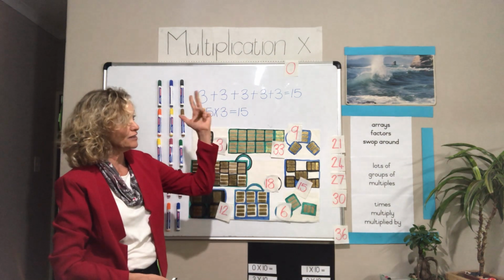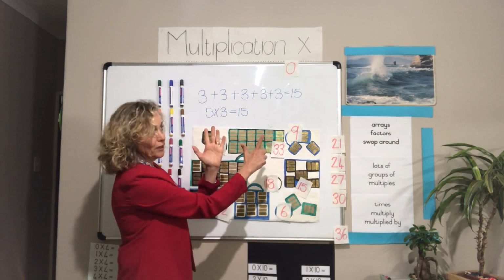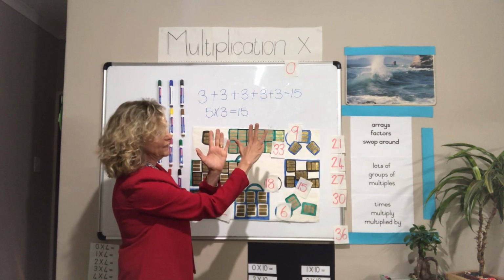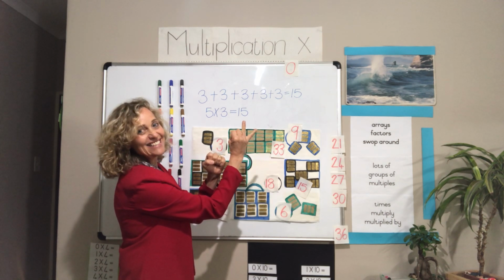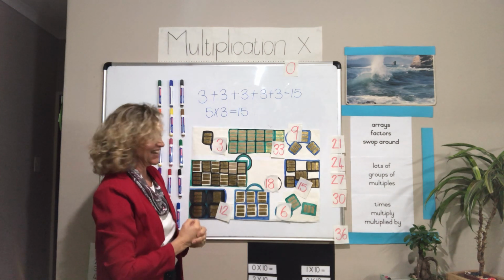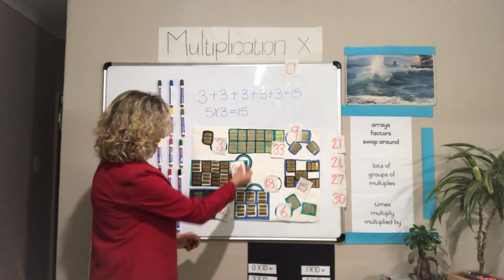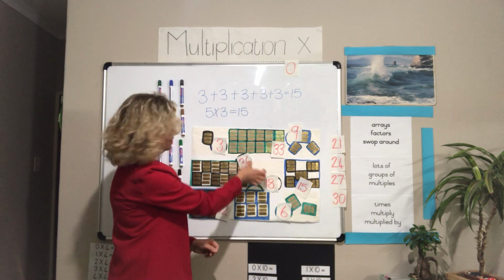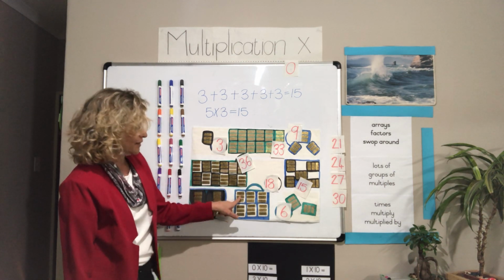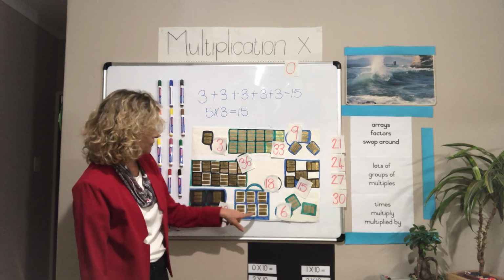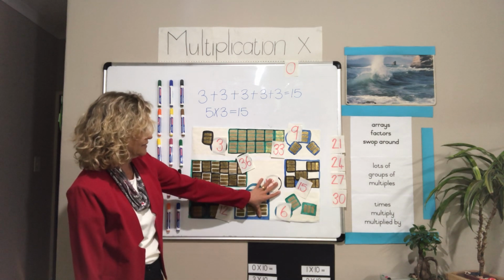3, 6, 9, 12, 15, 18, 21, 24, 27, 30, 33, 36. We've counted 12 times and the answer is 36. I had to borrow some fingers for the second round, okay? That's 36. And at the bottom here we have 1, 2, 3, 4, 5, 6 lots of threes with 18,